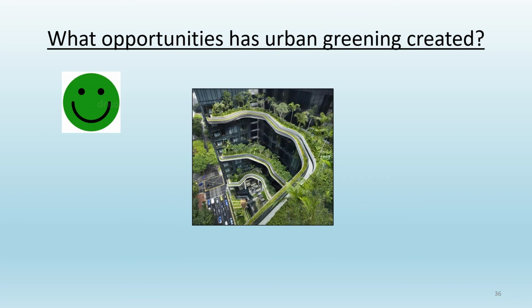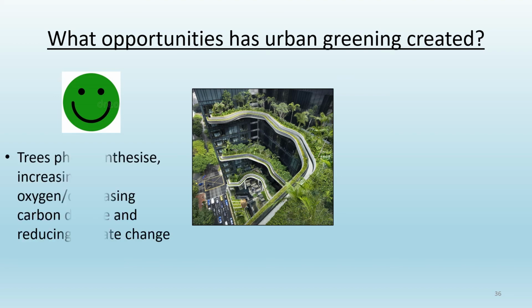And finally, urban greening then is our final opportunity. We know that urban greening is the creating of green spaces in and around a city. You can see this building in particular has had loads of green space literally put onto the building, but it may also be creating fields and trees and small parks within a city. And it's